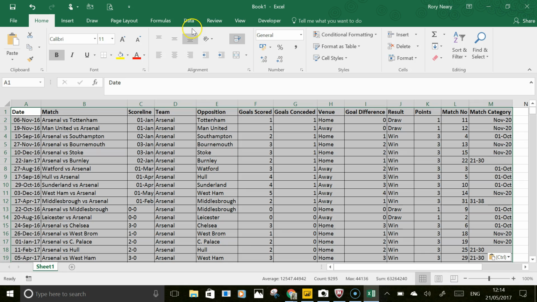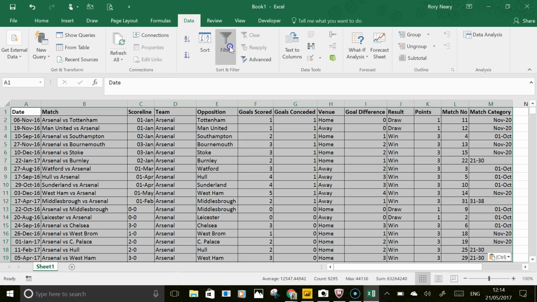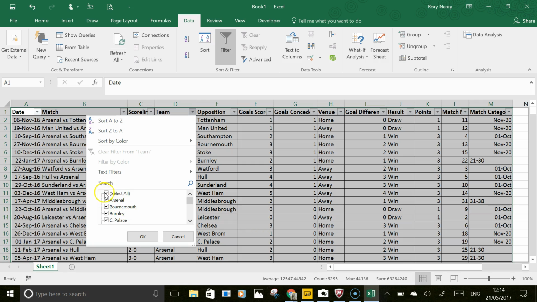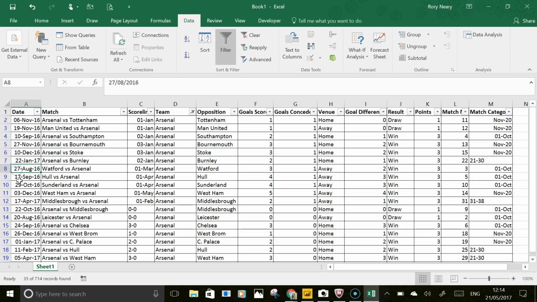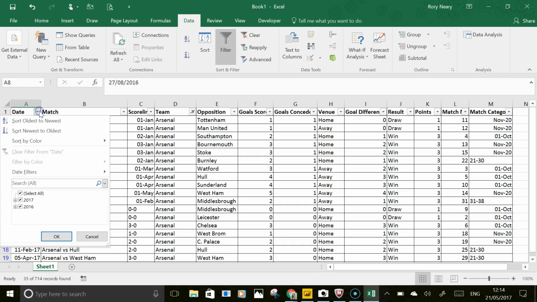And I'm going to filter all the data, and we will look at just Arsenal for argument's sake. So we're only looking at Arsenal, and if, for example, we were wanting to know the points for Arsenal on the 27th of August, then what we would effectively be doing is filtering